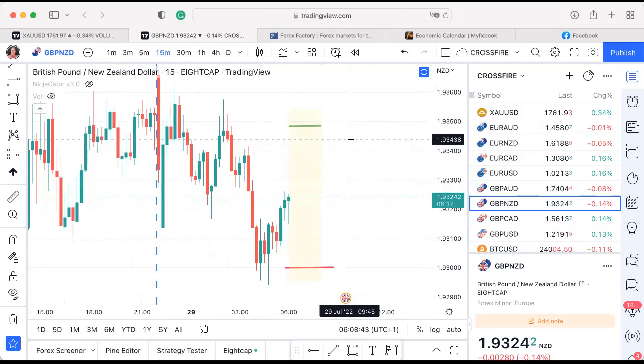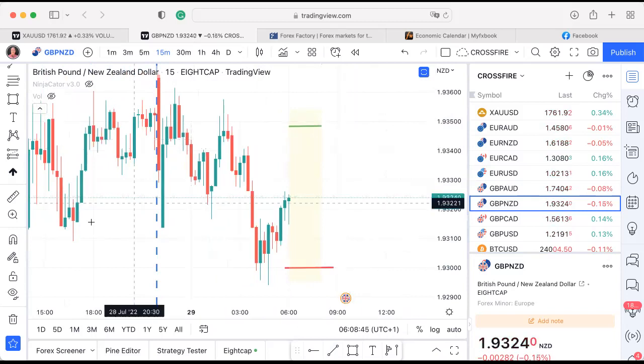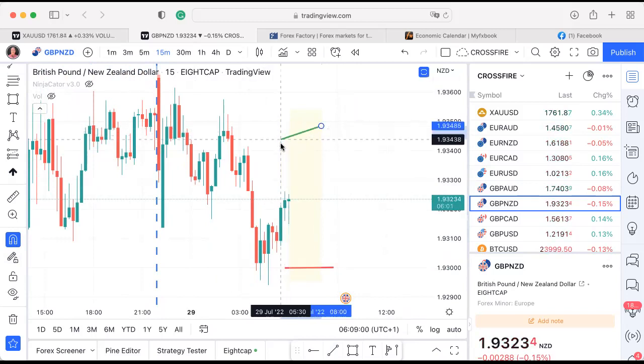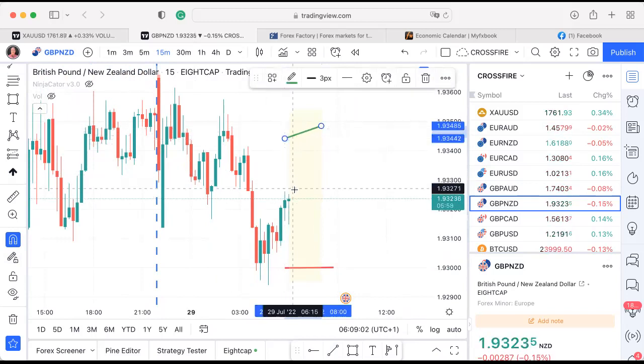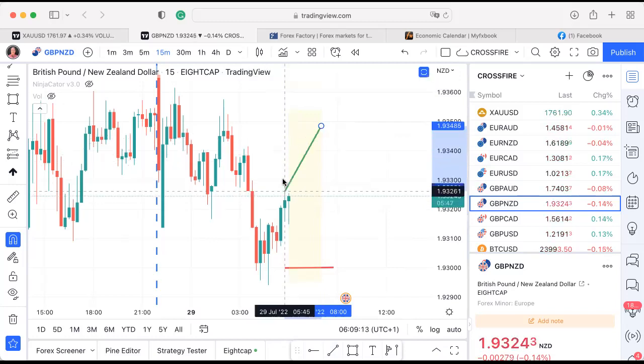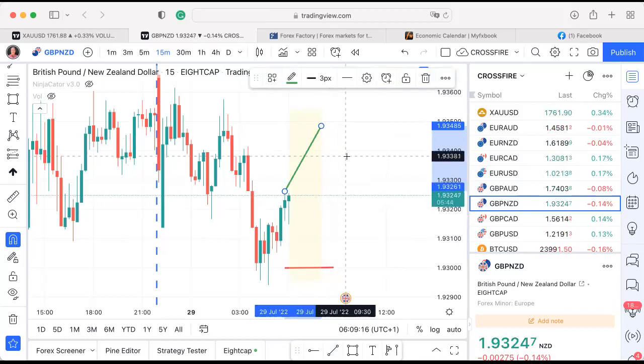So we've got 7 minutes. We can't actually do anything, but what I normally do is I put the magnet tool on and I snap these trend lines to what may or may not be their final position. So what I'm looking at here, if it was now 6:15 and that candle had closed, I'll be looking to the left of that green candle and looking for the nearest high. So I'm going to place that on the top of that wick there. It's probably going to move, but we'll deal with that later.